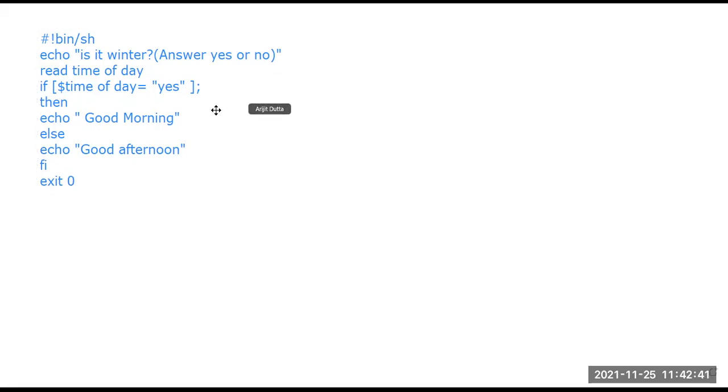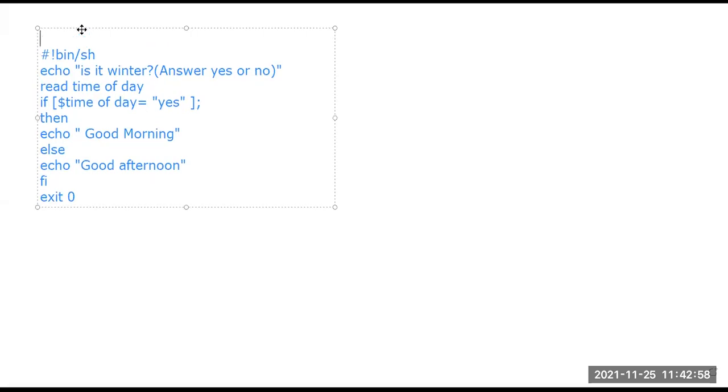This is just a simple shell program that we can write in the editor. For that, before starting, this is what I have written inside the particular editor, but first we need to enter the editor. We can use any type of editor. Suppose nano abc.sh, fine. There is another option like vi abc.sh. So these are the available editor options with which we can actually do this particular shell programming.